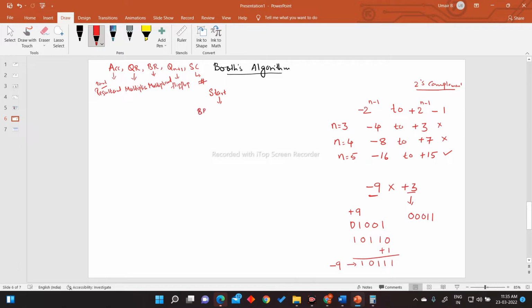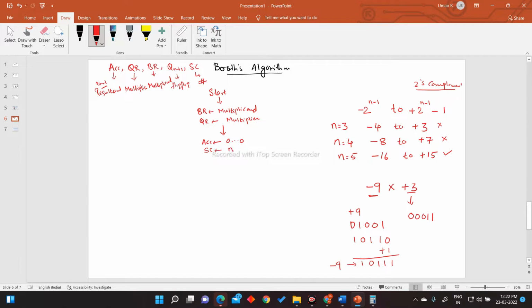So I use BR to fix the multiplicand, and the QR register I use to hold the multiplier value, right? Once it is done, initially the accumulator value needs to be set to a sequence of zeros. After initializing the accumulator to 0, then for your sequence counter, you have to fix the value of n,